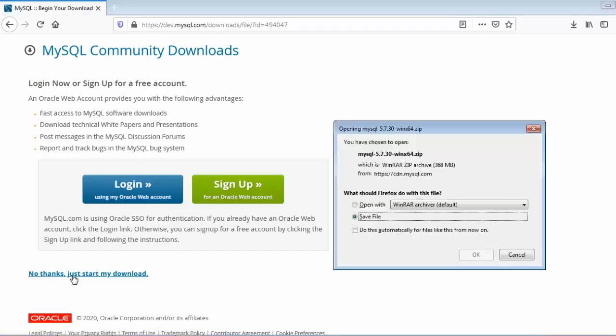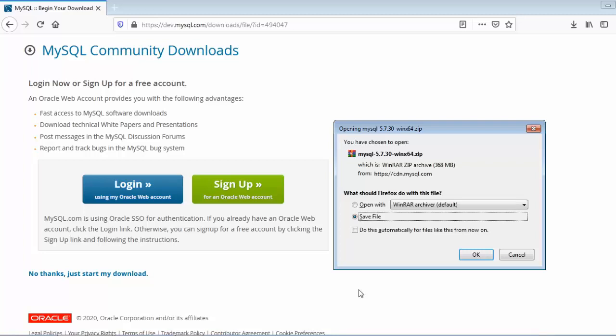My system is a bit slow, but here you can see a zip file of size 368 MB. You can just save this file, and your download manager will access it. If you have a download manager, the speed will be a bit different compared to the default manager.